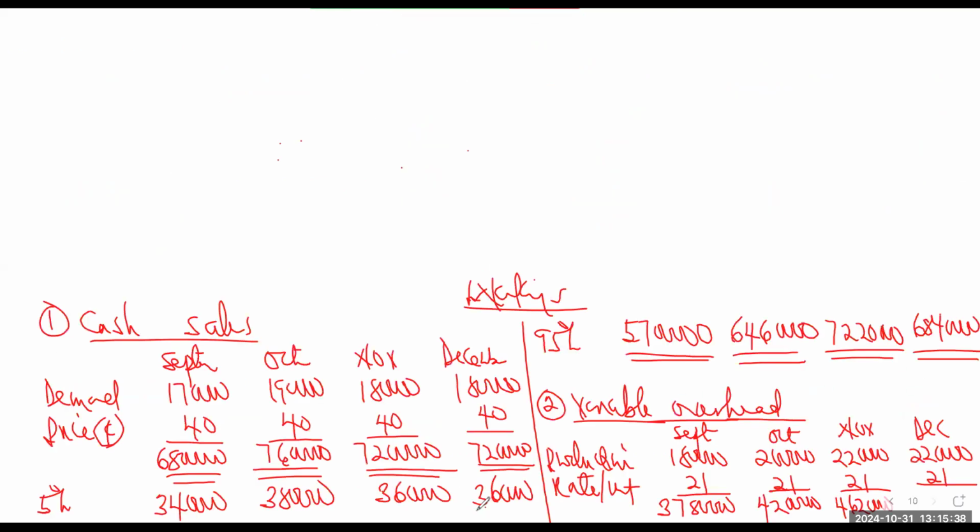Variable overhead alone is 21. Then what is happening? Okay. So 6, 6, 6, 6. The first one will be what? The first one is